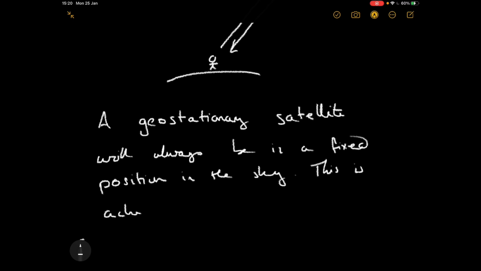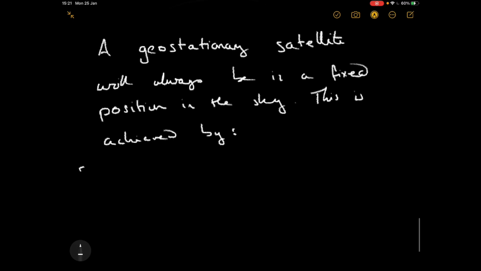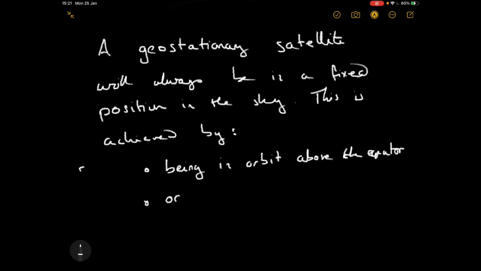This is achieved by, and there are three things that need to happen. So it needs to be in orbit above the equator. Orbiting in the same direction